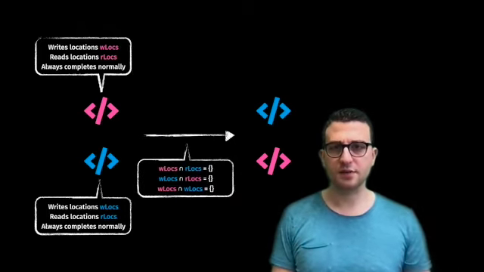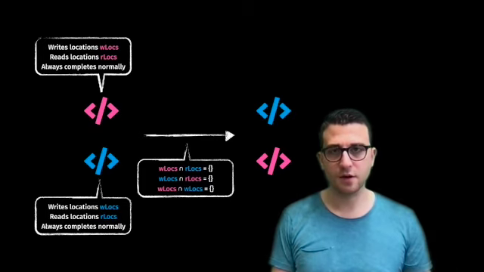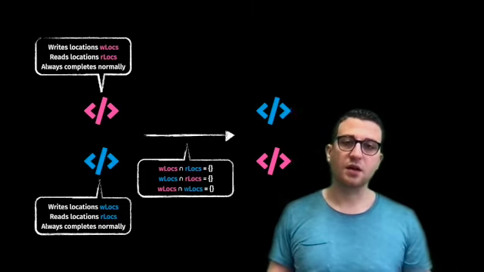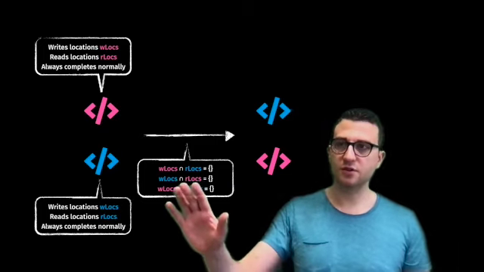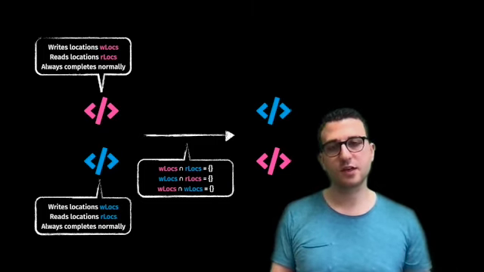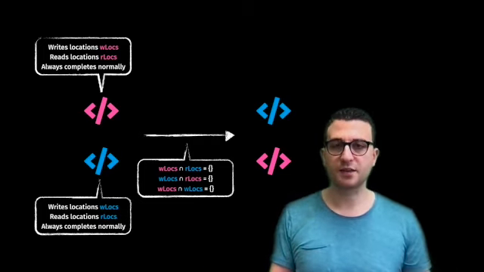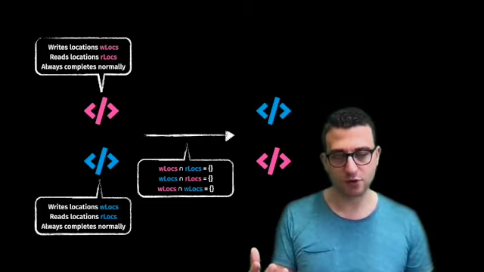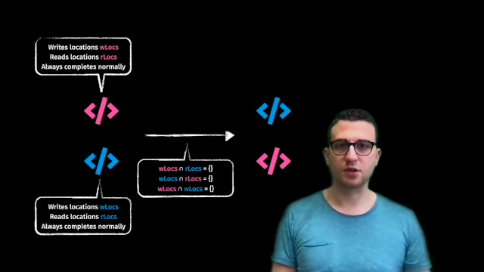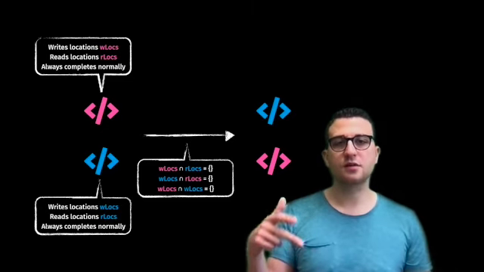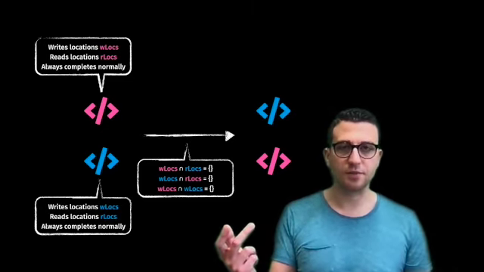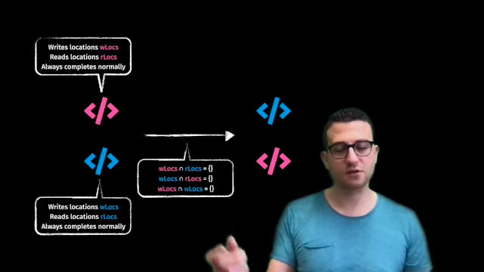And I can define constraints on the transformation level about these placeholders. For instance, what this says is that neither statement influences the other one by writing the locations that one reads. And also neither statement overwrites locations written by the other one. And under these circumstances, when these placeholders are independent, you can just safely go and swap them.